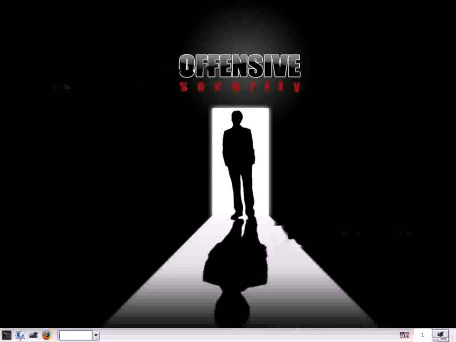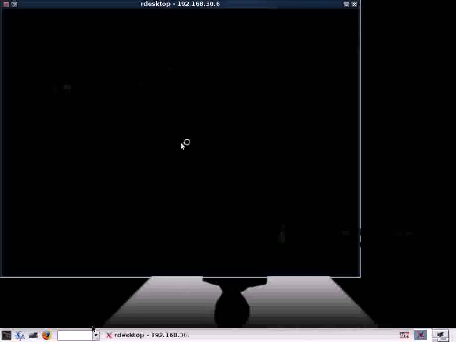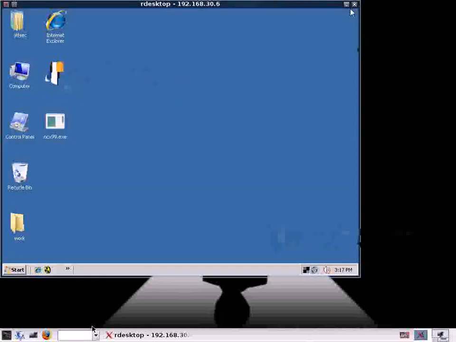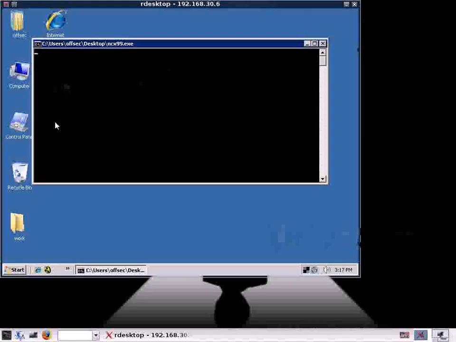Let's begin by connecting to our VistaLab machine and running an antivirus scan on our malicious file. The file we're using is a netcat clone which automatically opens port 99 and binds it to cmd.exe. Let's run this file and see how it behaves. So a double click will open a shell,